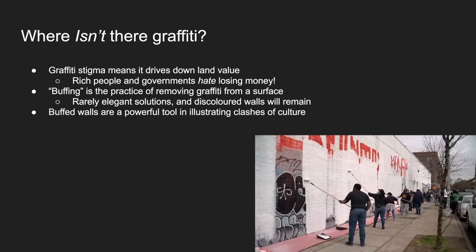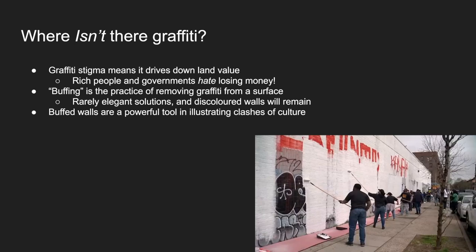So as important as it is to consider where graffiti is, it's also important to consider where graffiti isn't and why that is. Buffing is a term used when someone obscures a piece of graffiti. Graffiti artists usually have an interest in tagging near other artists or looking out for where other artists' work is able to remain. Typically, buffing is a deterrent for graffiti, but it doesn't prevent it outright. Buffing is also usually done by governments with paint or power washers, covering high traffic or well-funded areas first, and then just kind of wherever they have the bandwidth for.